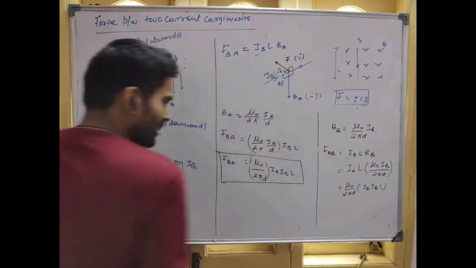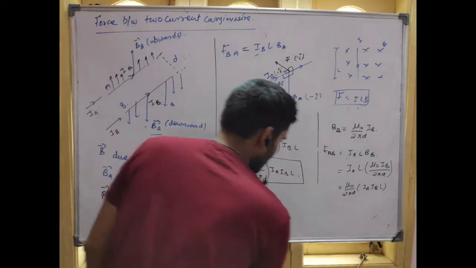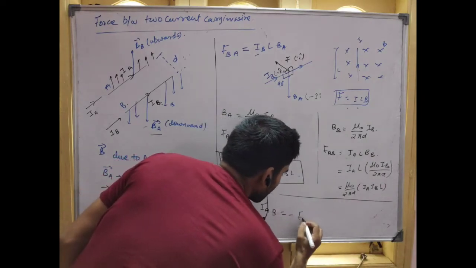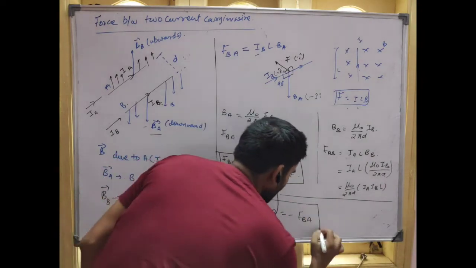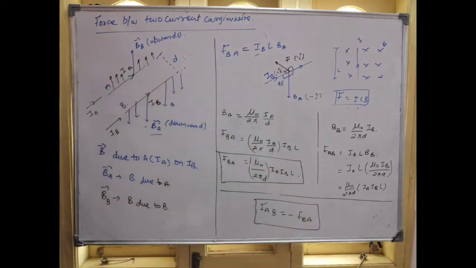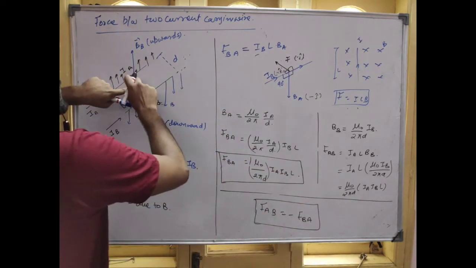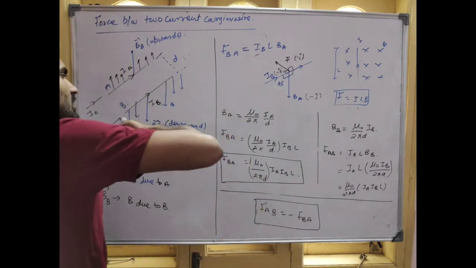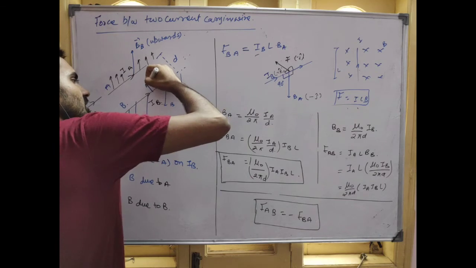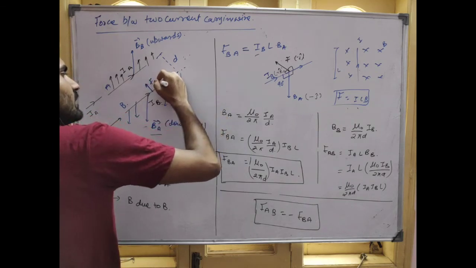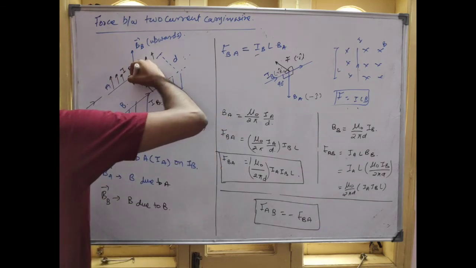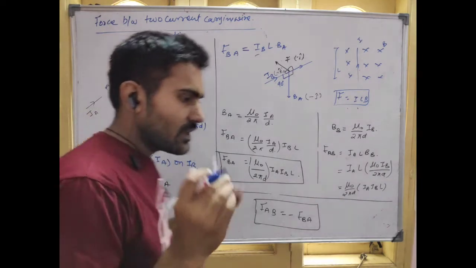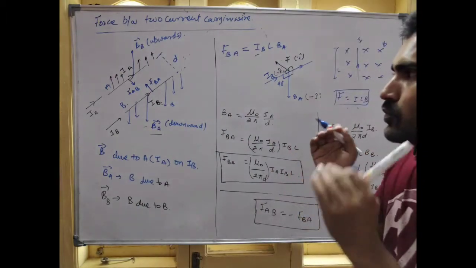Tell me. So can I say here, F_AB is equal to minus F_BA? Can you tell me where the direction of the force is here? See, just now we found the force direction will be here, this one. This is F_BA. And where will be the direction of F_AB then? They will be mutually opposite. They are opposing each other.